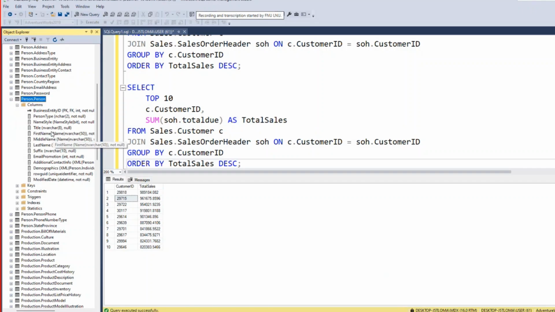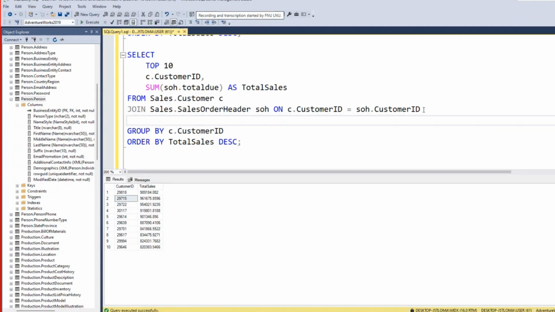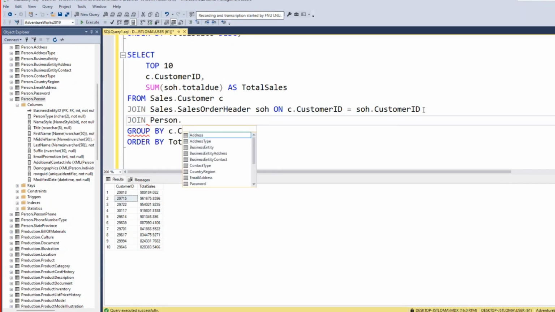So I'm just going to join it. I'm going to do a very easy join that you may not understand, but just follow me closely. So I'm going to add another join here. I will say join person.person. I'm going to give this an alias of P, on